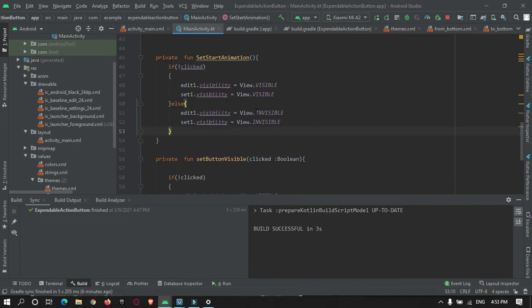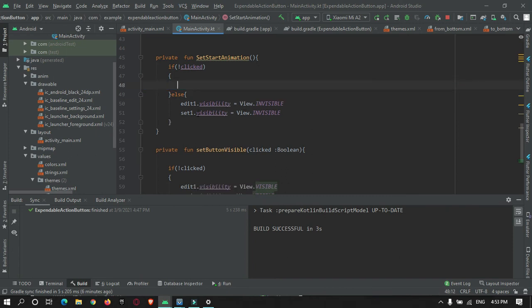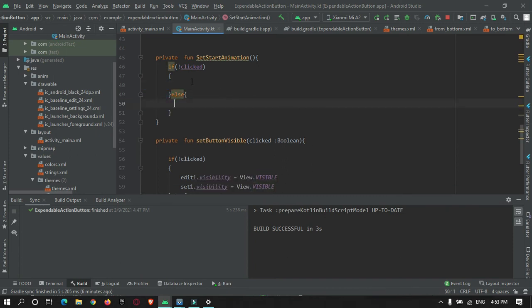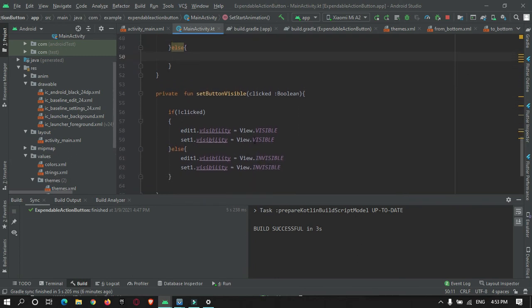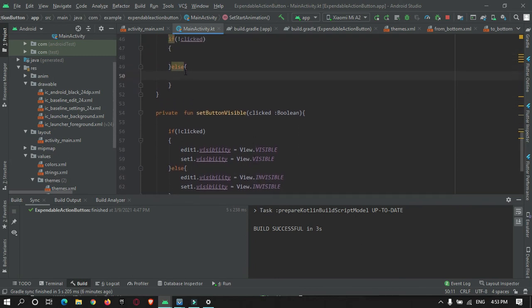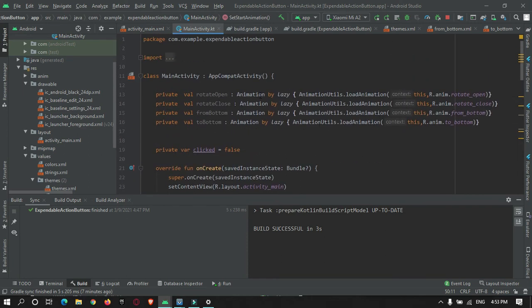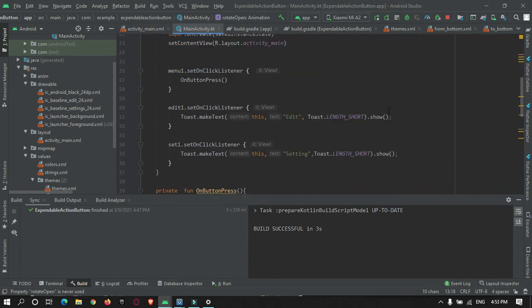So in animation, if the button is opened, then make it invisible. When the button will become invisible, before doing that we must show a slide animation that the button is going down. For that we already have the animation function, so we just need to call it.